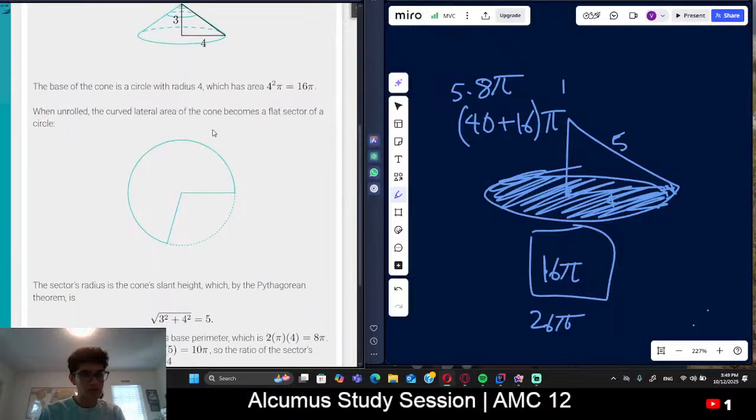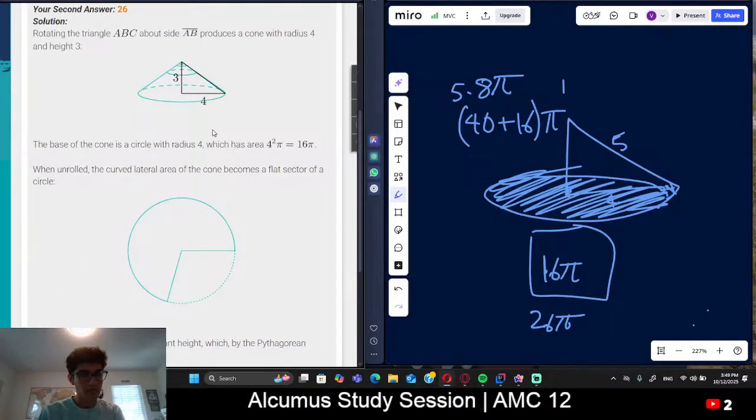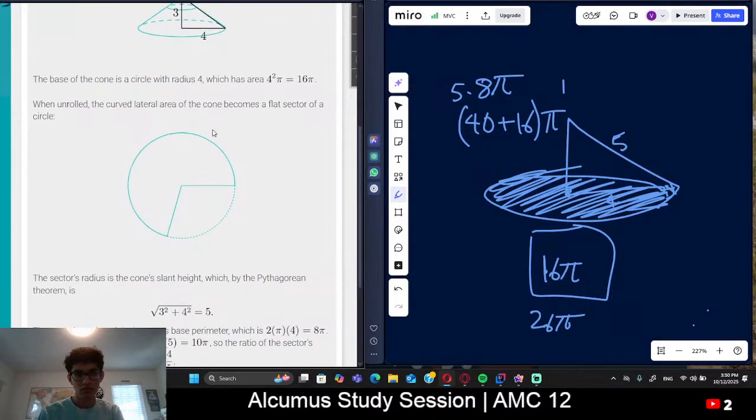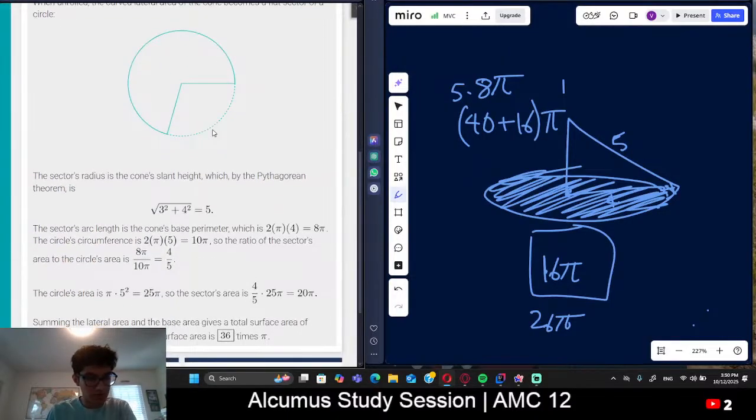Okay, so it seems to not be a full circle. So the base of the cone part seems right, but what's this? When unrolled, the curved lateral area of the cone becomes a flat sector of a circle. And that's 5 4/5 times that, 20 pi, 36 pi. Okay,